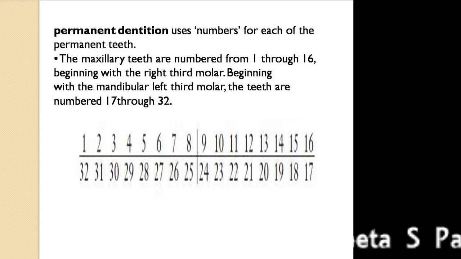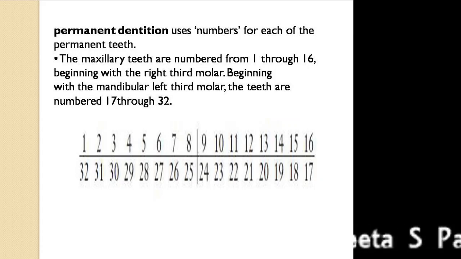Whereas coming to your mandibular left side, last tooth we should start. So it will be 17 for mandibular left permanent third molar, 18 for second molar, 19 for mandibular left first permanent molar, 20 for mandibular second premolar on the left side, then 21 for mandibular first premolar, 22 for mandibular canine, 23 for mandibular lateral incisor, 24 for mandibular central incisor, 25 for mandibular right central incisor,